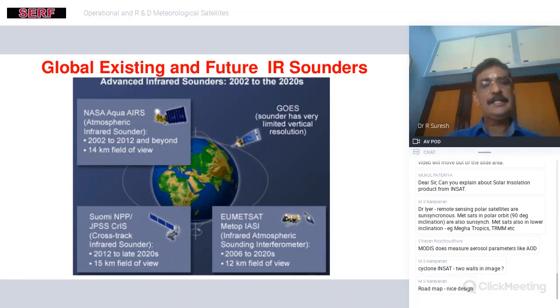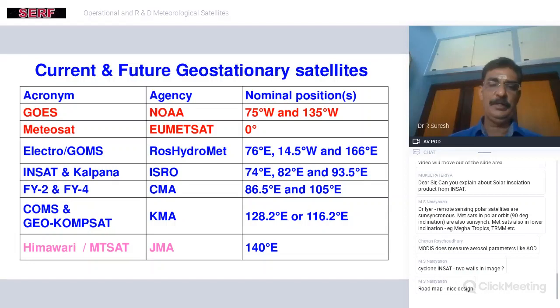So the existing and future geostationary satellites: the NASA group, Suomi NPP, that is again the US group, and INSAT. This is their view graph from 2002 to 2020, showing what they are going to do by next year or so. The launch locations have been tabulated over here. Geostationary is always over the equator at a particular longitude. That's what I was saying. The last column says the launch location.